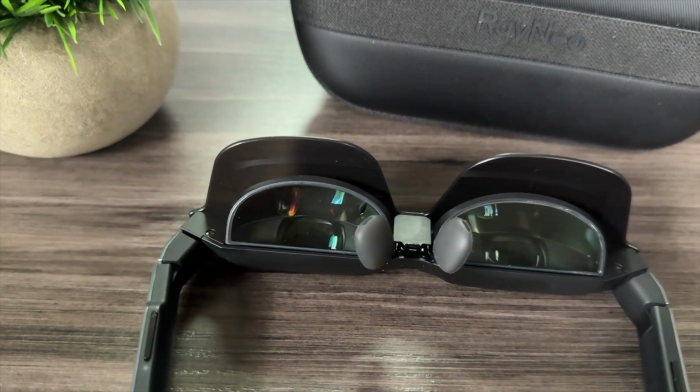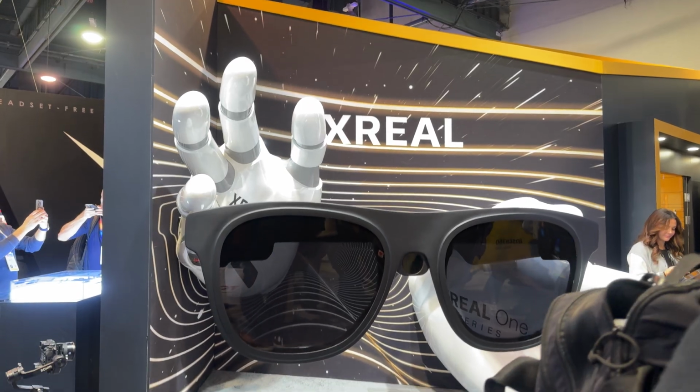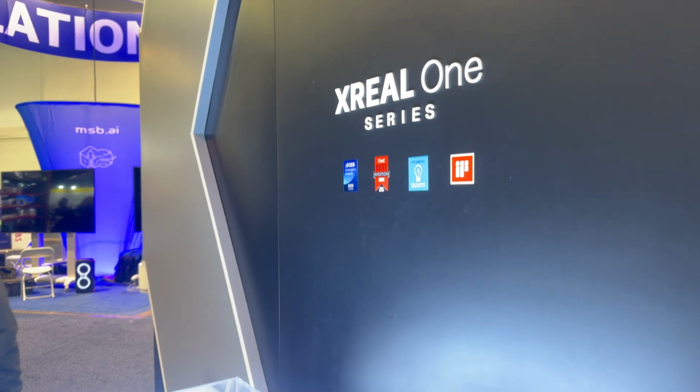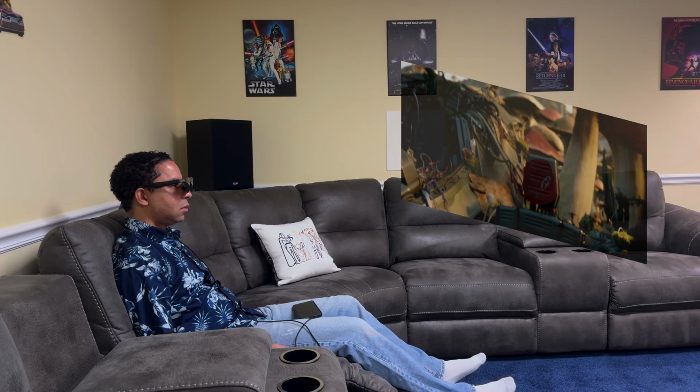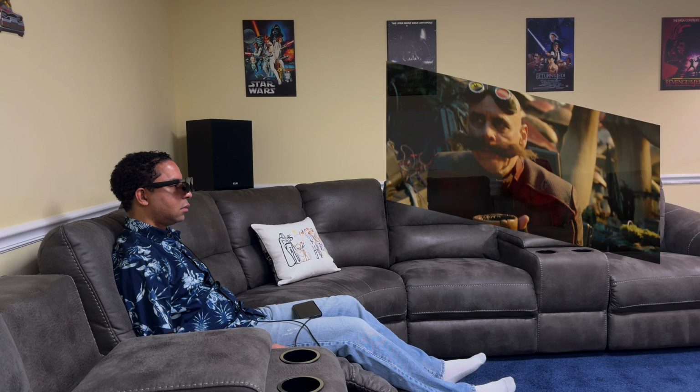Now these are the first AR glasses that offer flat prism optics as opposed to the birdbath optics used in other AR glasses. And at this year's CES 2025, they actually won an award for being the best in AR. Now they offer a larger FOV at 57 degrees. A lot of the other ones are like 46, and the XREAL ones are like 50, but these are 57